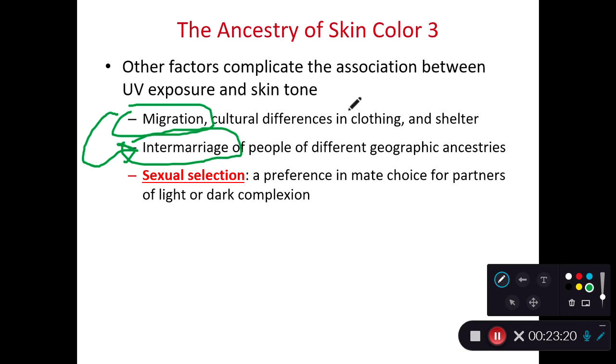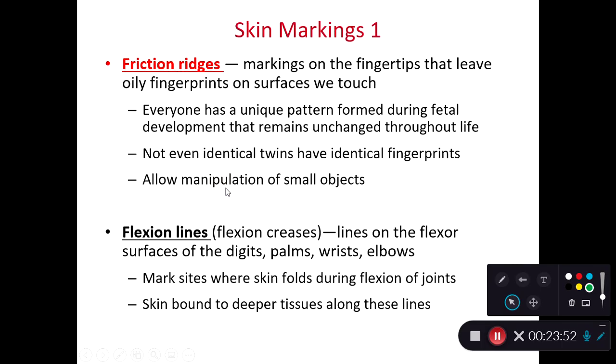Also, cultural differences in the amount of clothing and the kind of shelter that you live in are also going to influence your skin color. So if you're in a family and maybe your parents just like to throw you outside constantly when you were a kid, you're probably really tan as a kid. Or maybe when you were a kid, your parents never went outside, never went camping, and spent all their time inside reading books and looking at movies and TV. You probably have paler skin. And you can even see this in individuals who have,